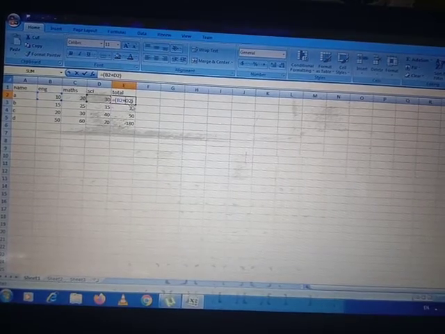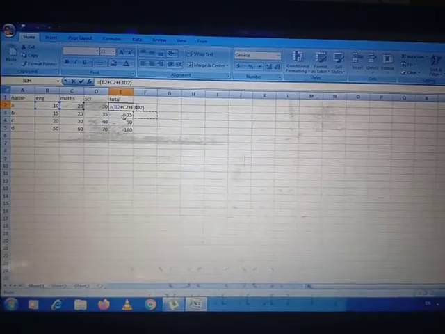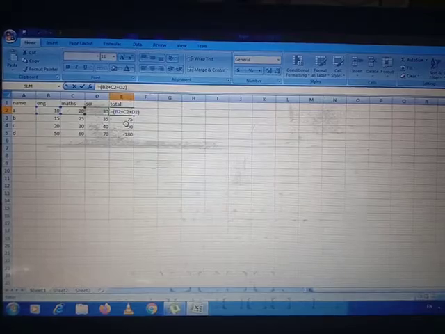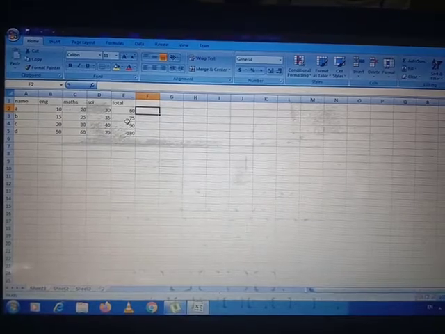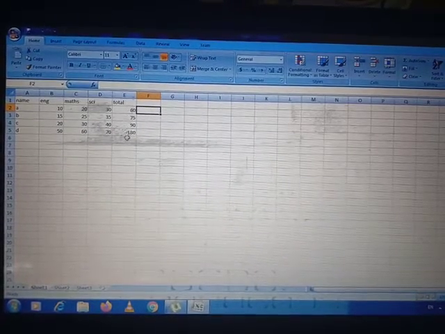So to edit our data, we will double click here. See, while we double click, the cell content is also shown in the formula bar, B2 and D2. We have to write C2 also. So we have to write C2. Now it will give us the correct data. So to edit the data, we have to double click it, or we can overwrite it.